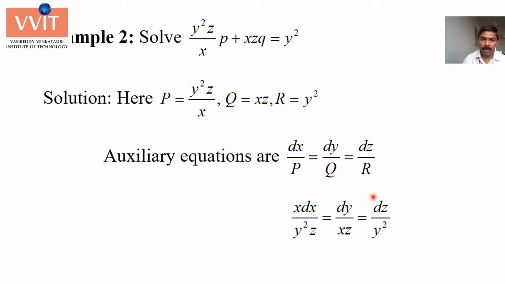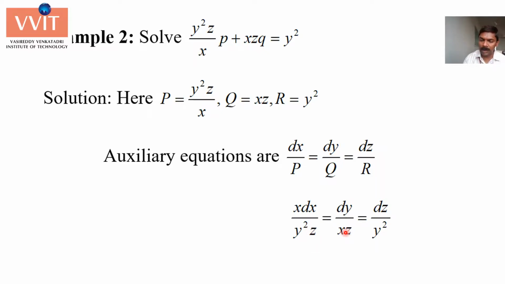Now let me take you to the next problem. So this is the next one. Again, by comparing with the standard form, we get the P value, Q value, R value. Write the auxiliary equations. Substitute your P, Q, R values. Now closely examine the members, first member, second member, third member. So 1, 2 I'll see first. If I see 1, 2, z is there, but I can cancel this z on both sides. After cancellation, we are left with x and y only. So there is no problem with the selection of 1 and 2.